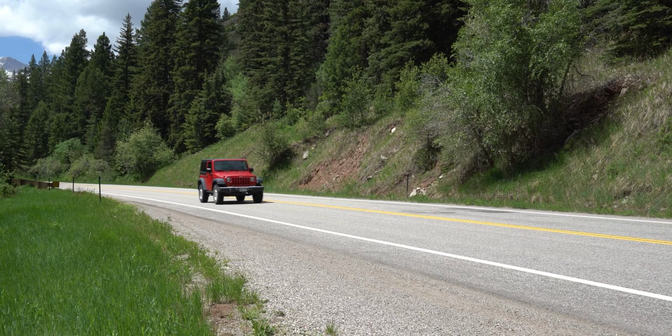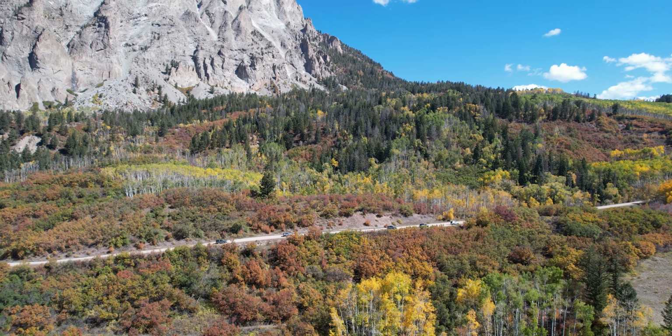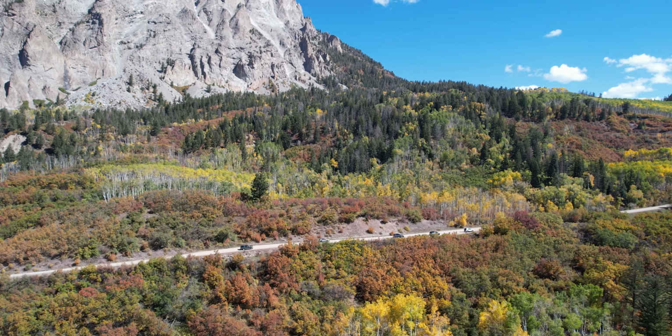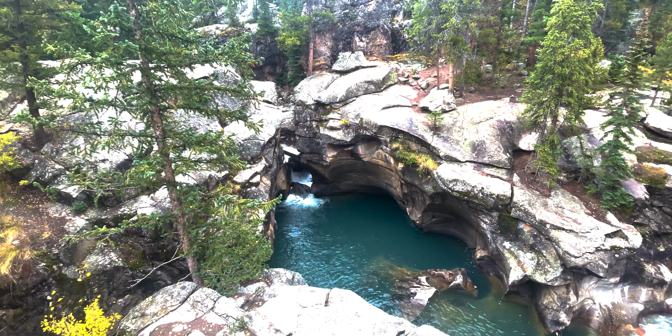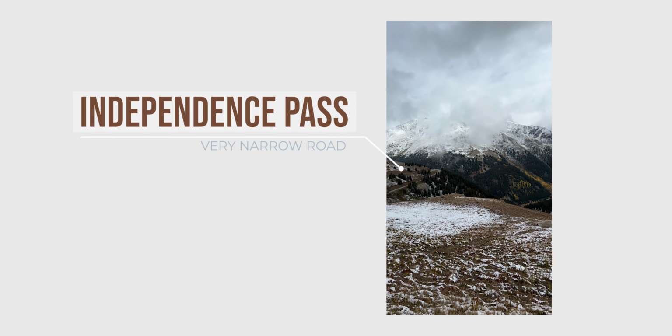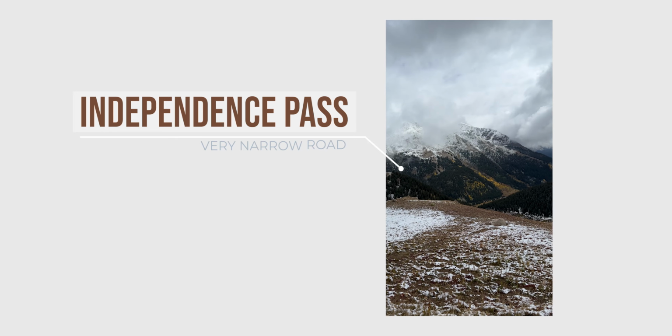And if you're looking for more fall places to explore here in the state, another one of my favorites is over by Aspen, driving up Independence Pass, which I actually did yesterday with my mom. It's a beautiful time to explore that area. Lots of beautiful colors. There's lots of hiking along that road as well. It is very